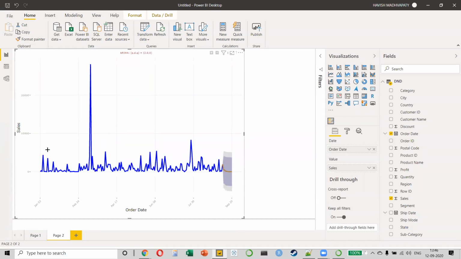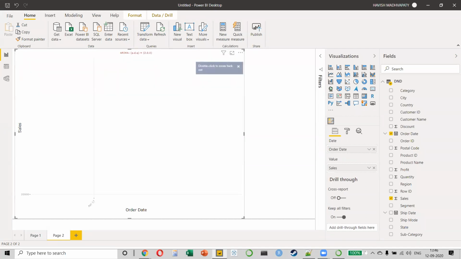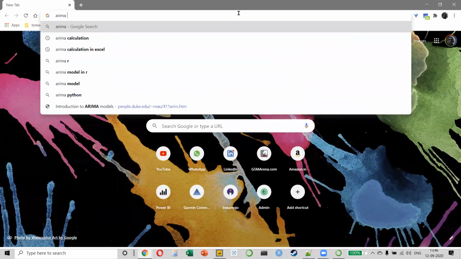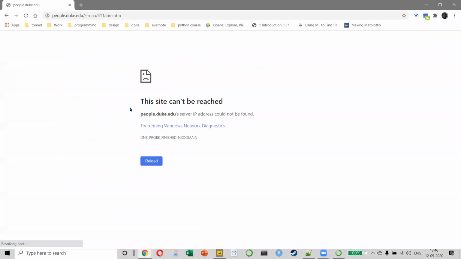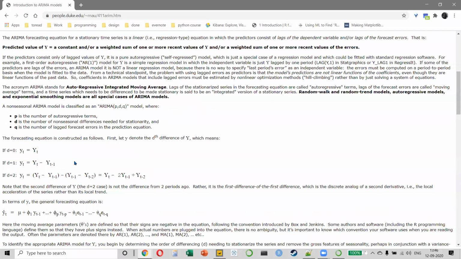Yeah. So as you can see, it is basically creating your ARIMA PDQ. I don't know how much of statistics you guys know, but let me just show it to you. Like you have a y equal to mx plus b equation when you're working with linear regression. Similarly, ARIMA is slightly more complicated, and ARIMA basically gives you P, D and Q. So this is your autoregressive terms, you have your non-seasonal differences, and you have your Q, which is the lagged forecast errors.